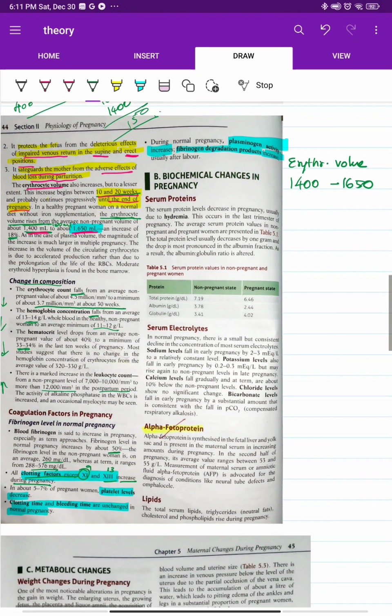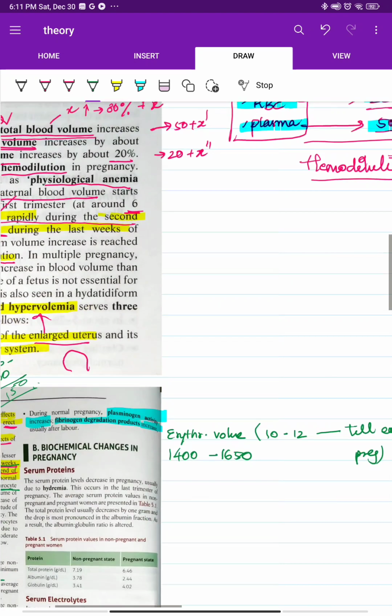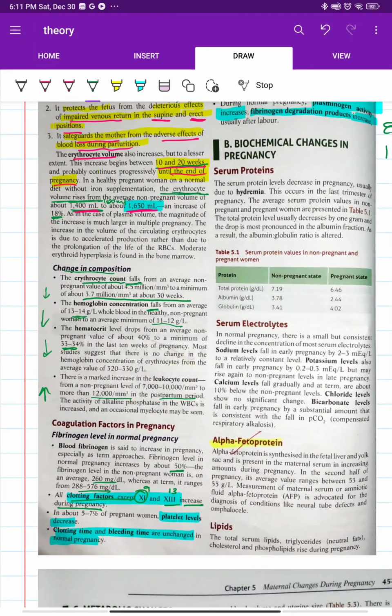Okay, now that is what is important. The erythrocyte volume will start to increase from 10 to 12 weeks, and it will go till the end of the pregnancy. But it is not so in the total blood volume. Blood volume will start to increase in the first trimester itself, and it will be till 32 to 34 weeks, guys. Then later on, if you see the change in composition, erythrocyte will be down,